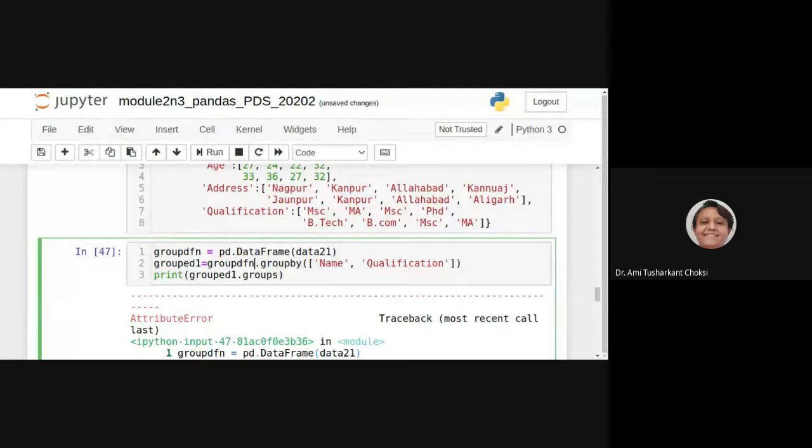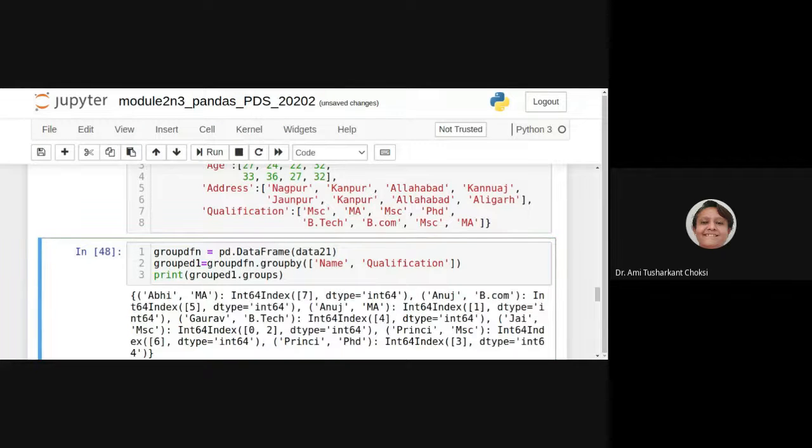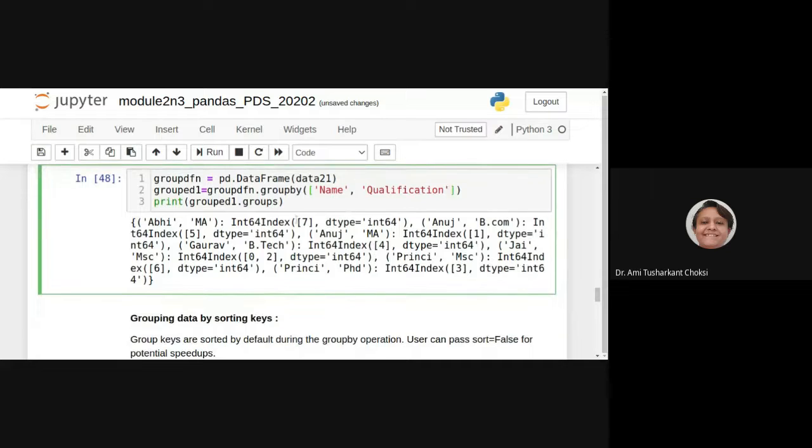Not for the dictionary. Okay, so that's what we have changed. Now, what we are able to see is that for two columns, we are having the group by. So now, Anuj BA, okay. Anuj BCom, okay. Anuj MA, okay. Then Gaurav BTech, that is also okay. Jai MSc. Now we are having the same value for both the Jai of